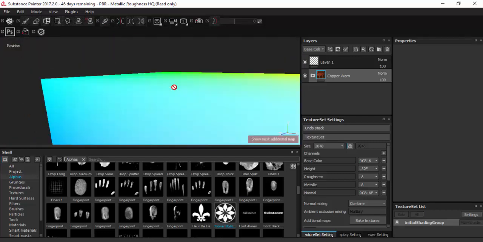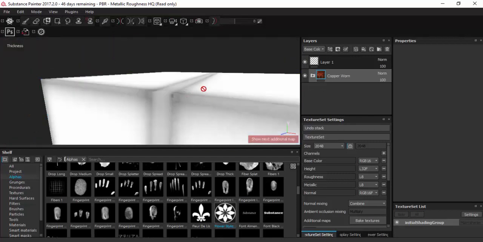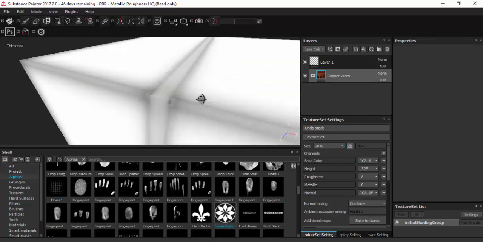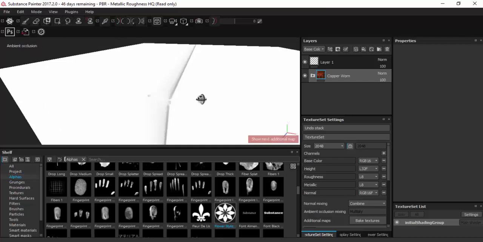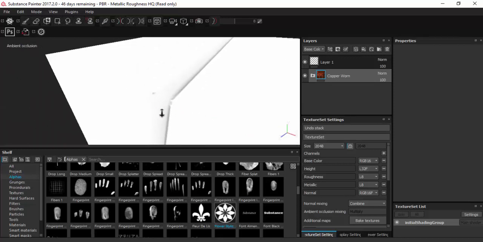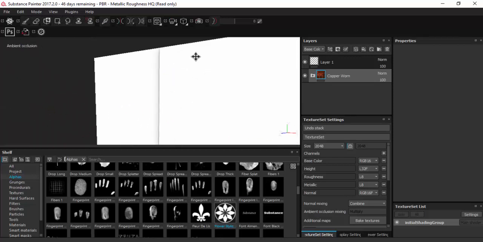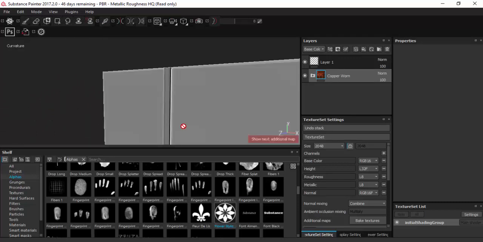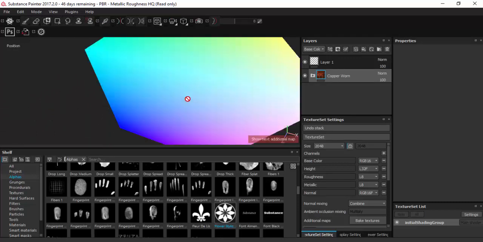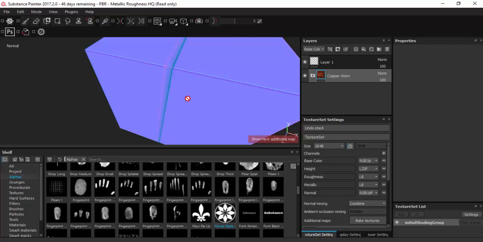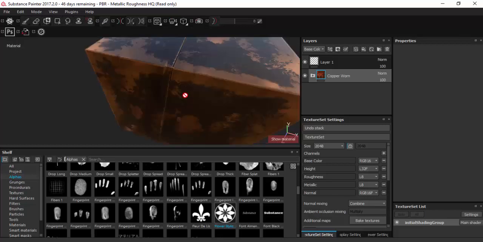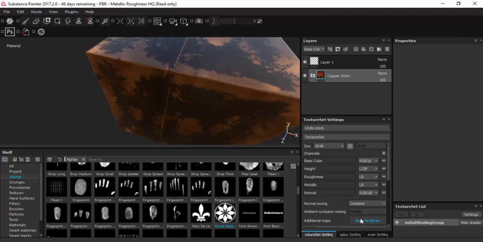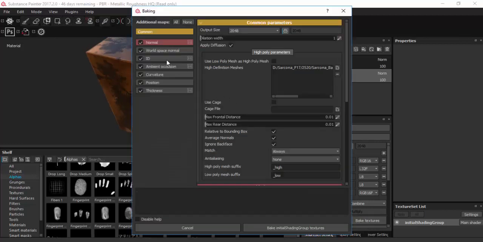I'm going to hit B on mine just so we can see. All right, my thickness map is nothing fancy. My ambient occlusion, that looks pretty ugly, okay? And I'm pretty sure that a lot of this information is coming from the ambient occlusion, the curvature you can see, thickness, normal, okay? So it's all kind of a mix of all these things where that information is coming from. So I'm going to jump back to my Bake Texture button,